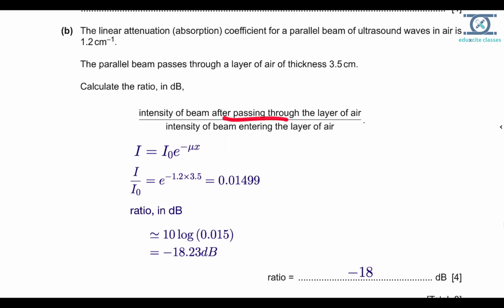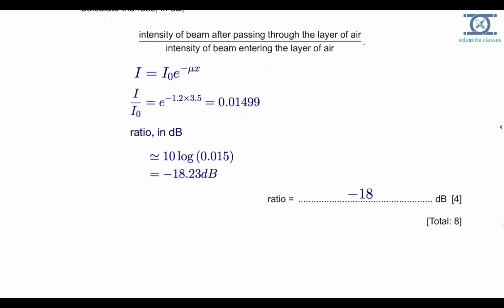We have to find the ratio. The intensity after passing is I, and the initial intensity entering is I naught. So I upon I naught equals e raised to the power minus mu x, where mu is 1.2 and this is x. Putting in the values, we get 0.01499. For converting the ratio into decibel, you should remember one thing. If students are unaware how to calculate the ratio in decibel, always remember that the intensity of sound